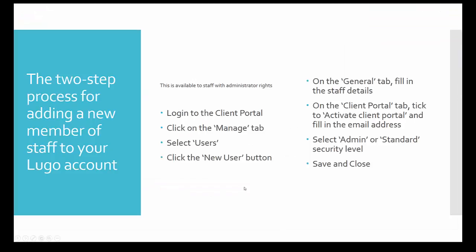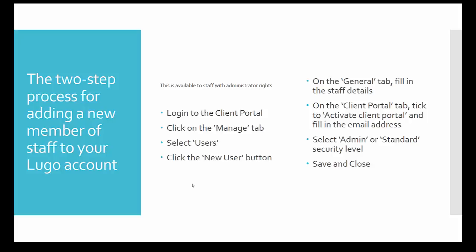We'll just go over the steps. So it's a two-step process for adding the new member of staff to your Lugo account, and as I mentioned, it's only available for people that have administrator rights within your business to be able to add new members of staff to your Lugo account. So to do so, you simply log into the client portal, go to the Manage tab, select Users and click onto the New User button. On the General tab, you fill in the staff details,